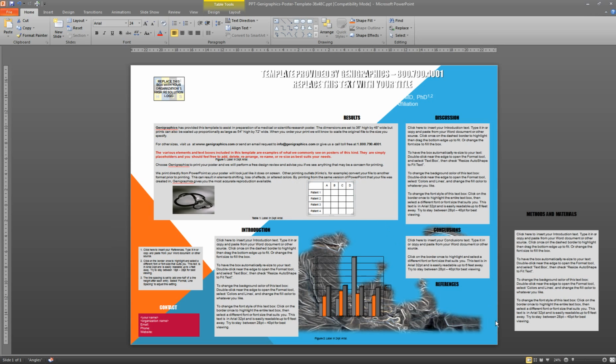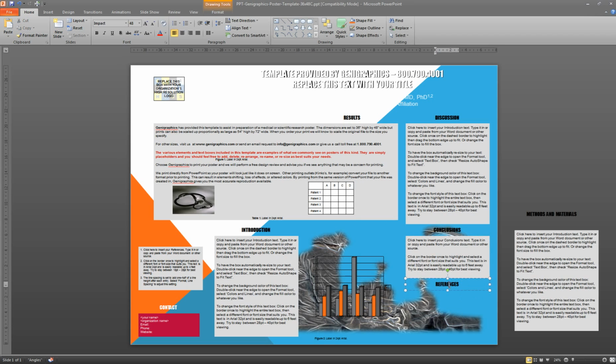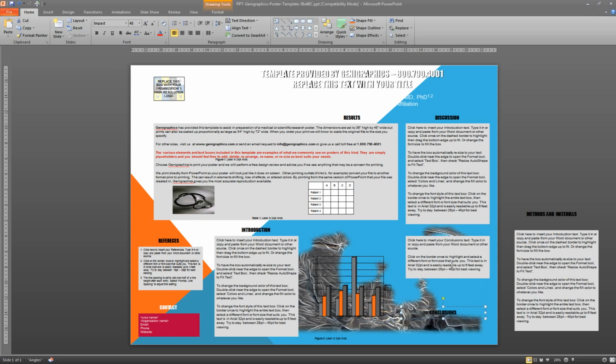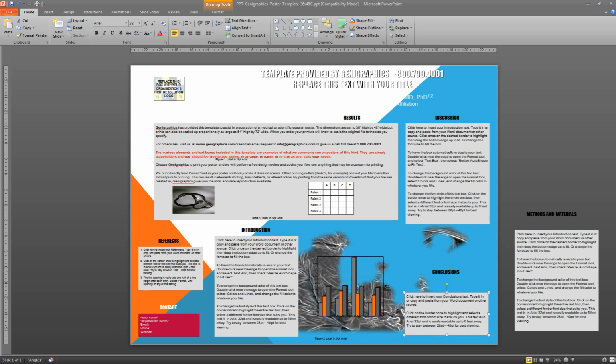Perfect. Okay, so now I don't have a poster that has 3 columns anymore. It still has 2 rows, and I'm not thrilled with that. So one thing I might do is move this over here, move this one down. Oops. And take this one and extend it down. And so now I don't really have